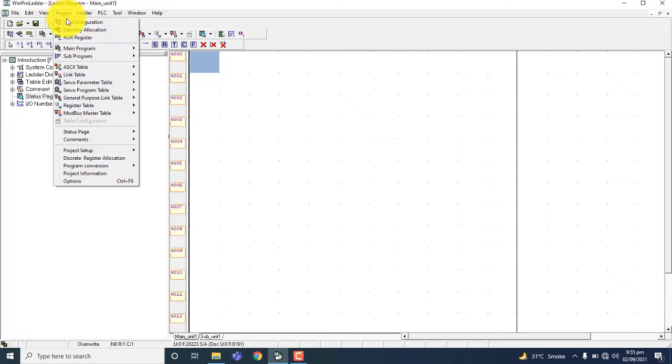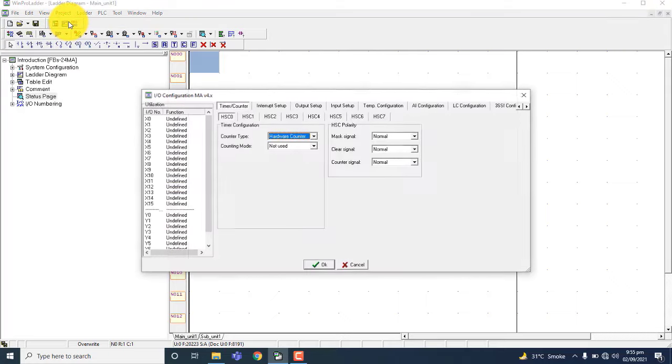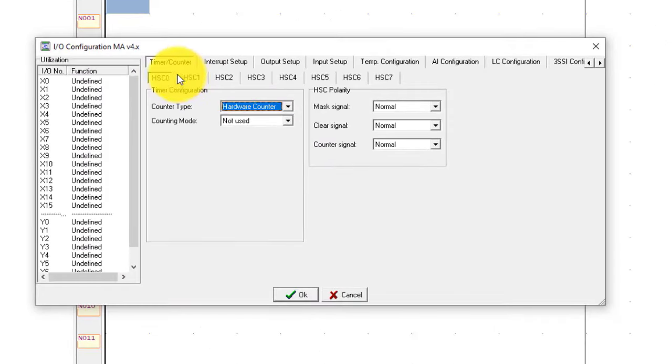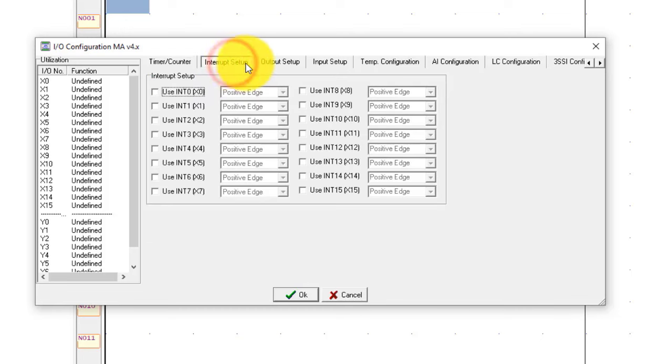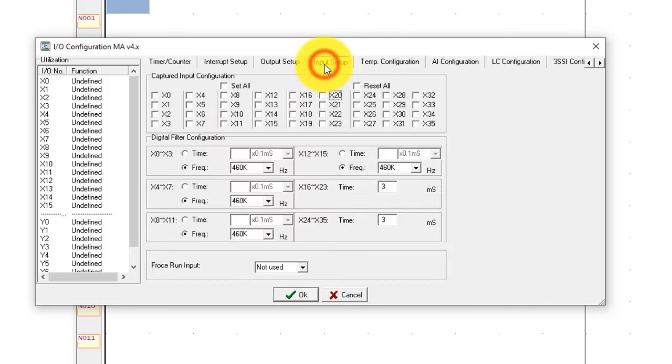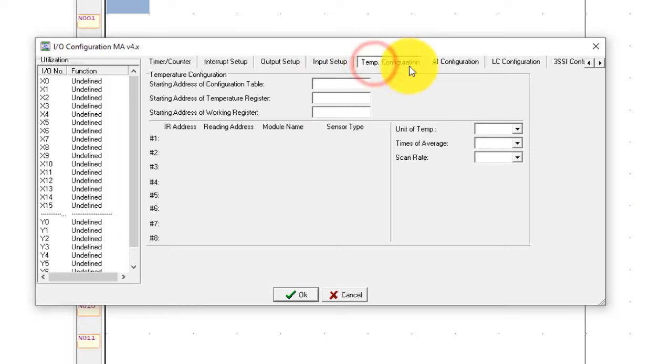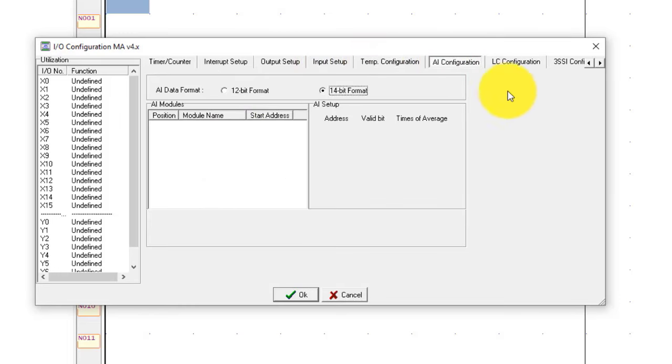In this is the IO configuration. If you choose timer, counter, high speed counter, the interrupt setup, this is the output setup, input setup, temperature configuration, all configuration you can do this. Okay,